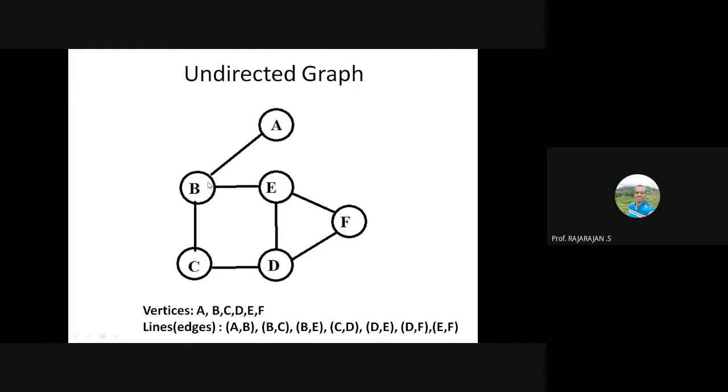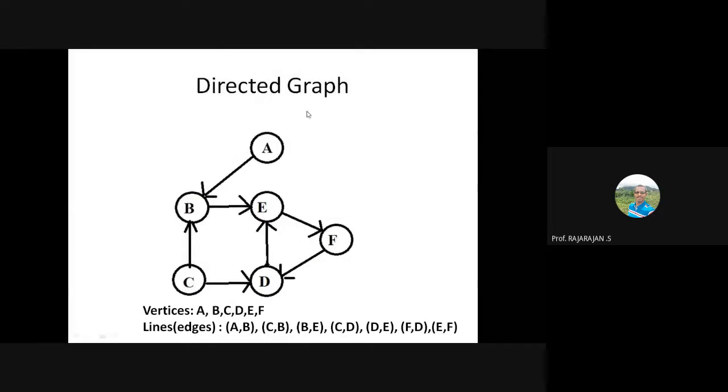Because this is undirected, when you say there is an edge from A to B, it's implicit that there is also an edge from B to A. It's the default because it's undirected, so we don't need to check whether a reverse direction edge is available. By default, it's bidirectional. But that is not the case with a directed graph. Here we have an edge from A to B, but we can't assume that there is an edge from B to A also.